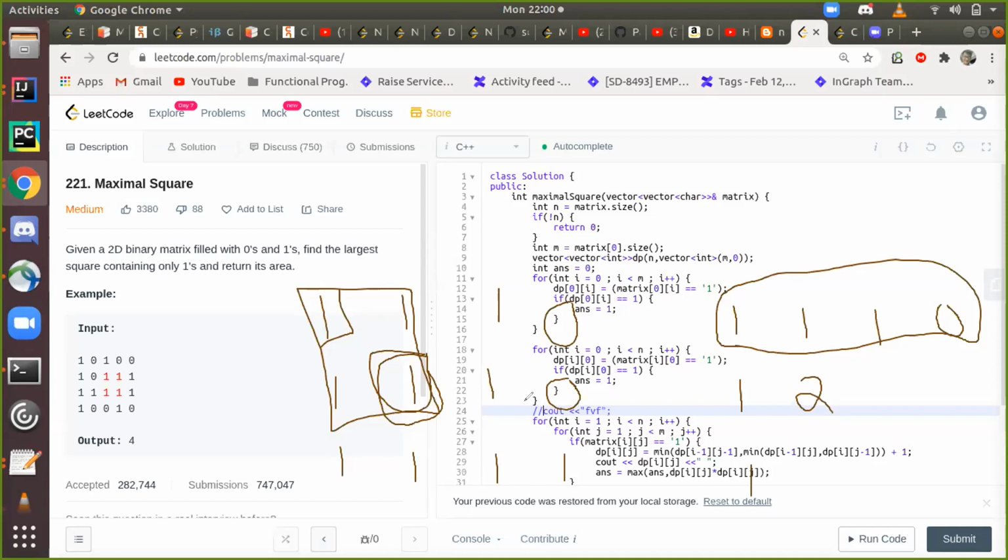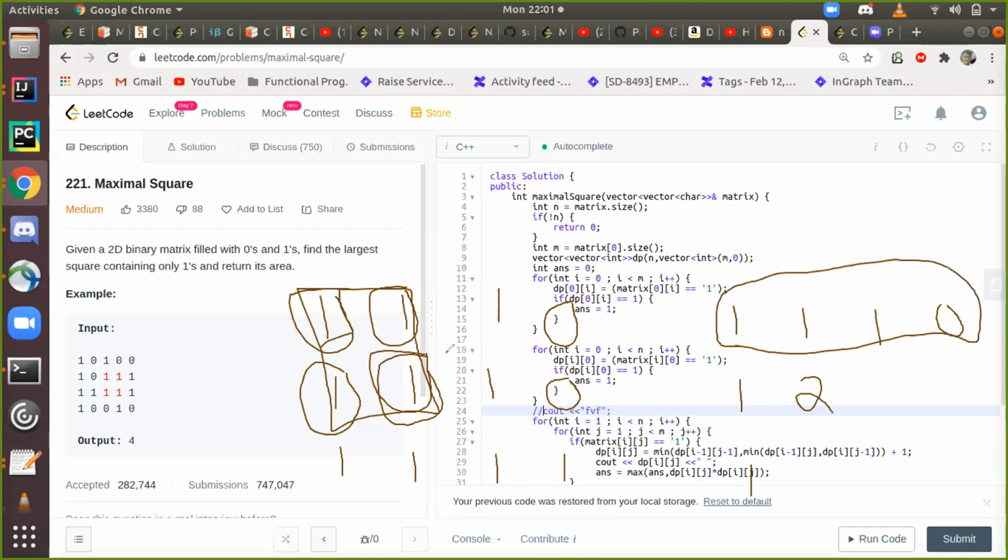Okay. Now coming to this computation. If this element is 1, then I check these three things: this one, and this one. All three have to be 1, right? So I'm trying to use the answers obtained from these three cells. On line number 28, if this is 1, then I take the minimum of these three, because I have to form a square.